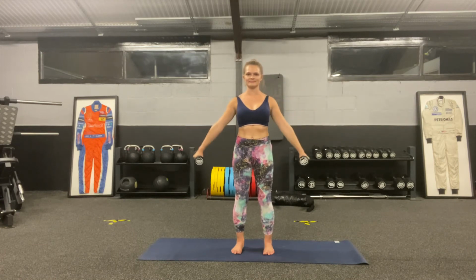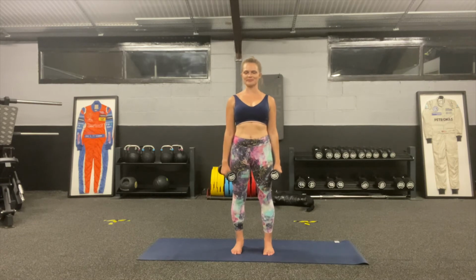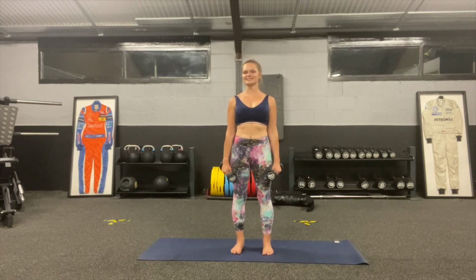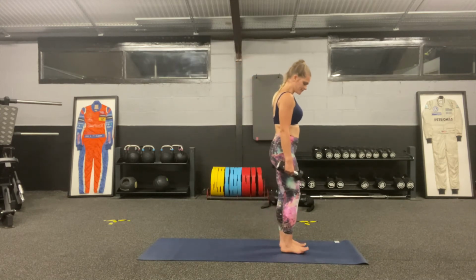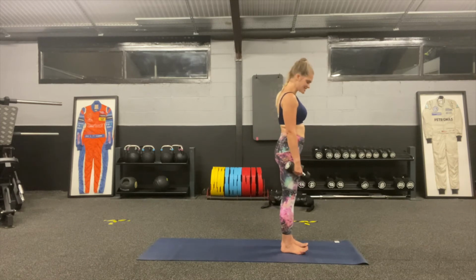Lower down. Take a nice big breath in. You can pause and rest for a moment. Well done, guys. So from here, we're going to see if we can combine those two movements into a little sequence. So we are going to take a few breaths to reset,